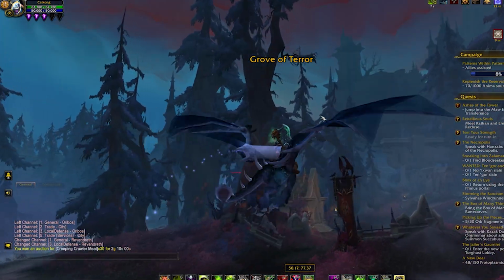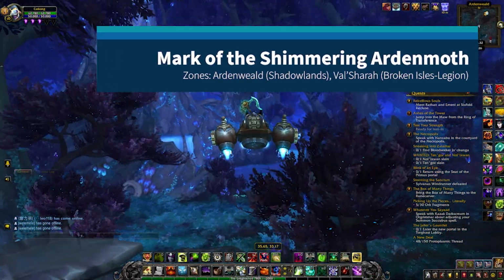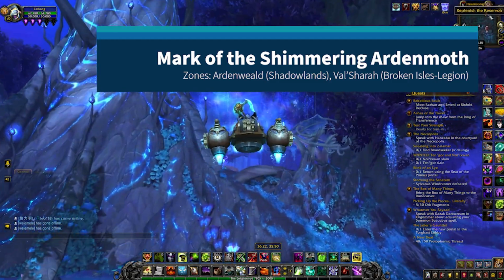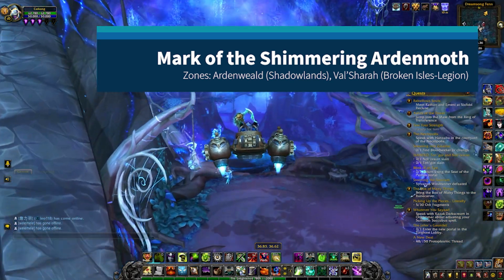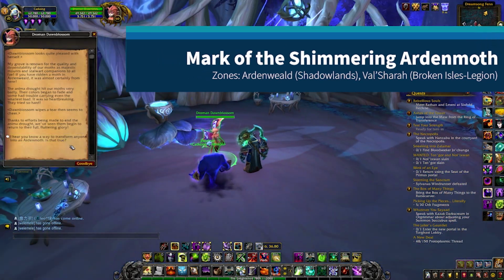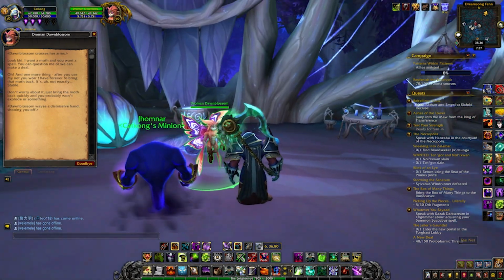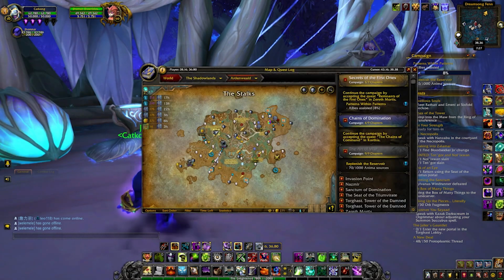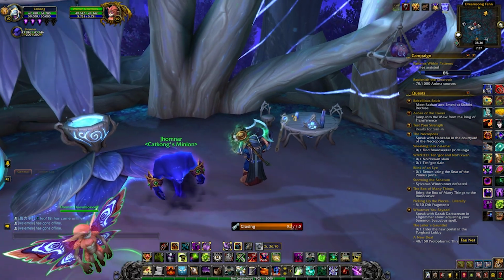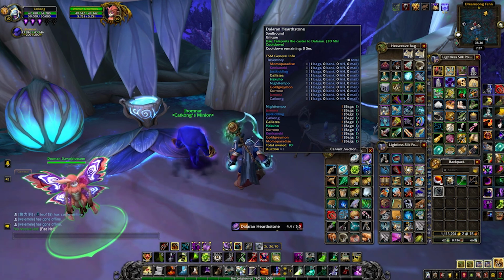The second one I would recommend getting is the Mark of the Shimmering Arden Moth, which you can get by first going over to the northwestern side of Ardenweald to talk to the NPC that I have right here. And then once you do so, you want to pick up this quest item next to her, called some kind of net. And once you have that net, you can actually either go over to the Legion Val'sharah to capture a moth, so to speak, and then return to this NPC right here to be able to trade it in